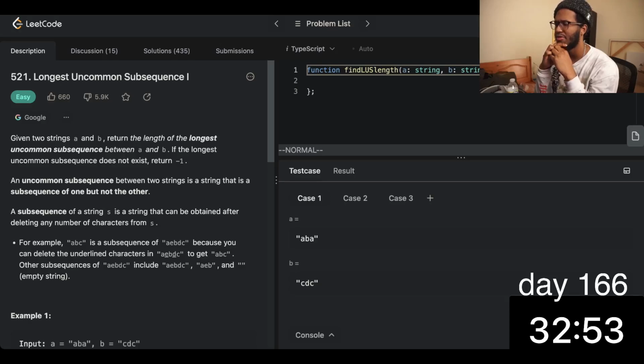A subsequence of a string S is a string that can be obtained after deleting any number of characters from S. For example, ABC is a subsequence of AEBDC because you can delete the underlying characters to get ABC. Other subsequences of AEBDC include